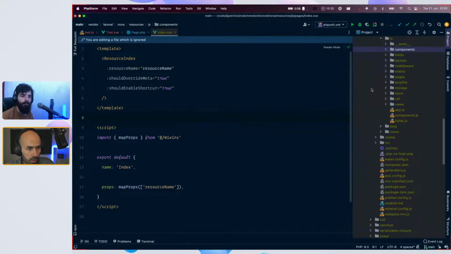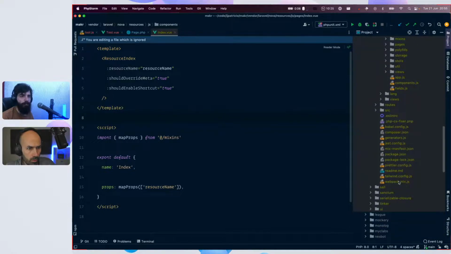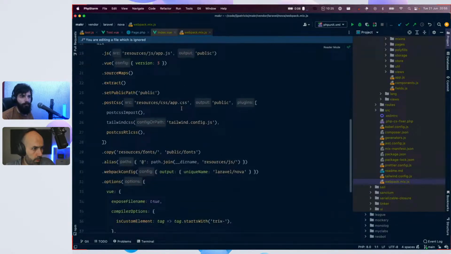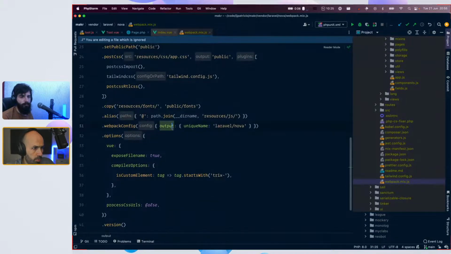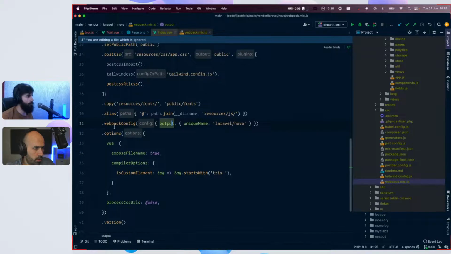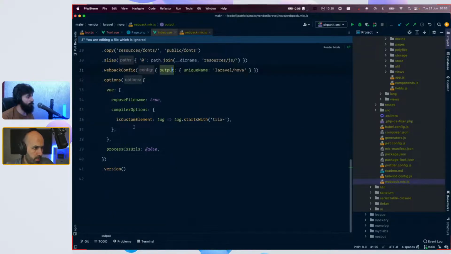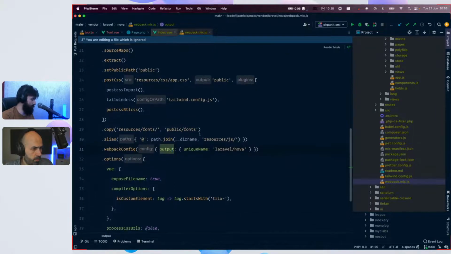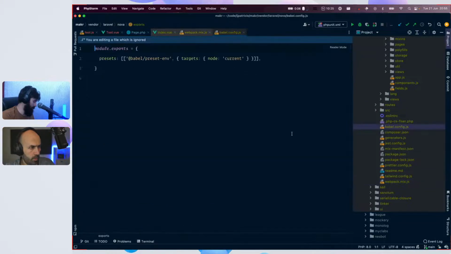So maybe the global, there's webpack, and the global component should be registered around here, no? Never mind. It's not from Babel.